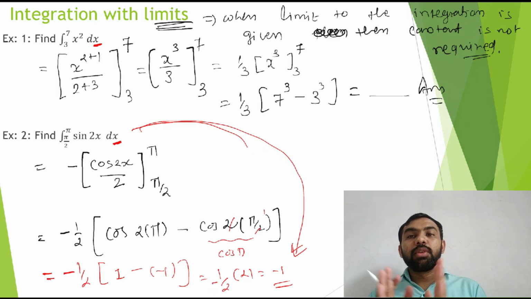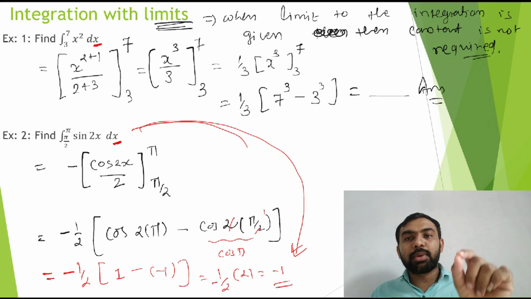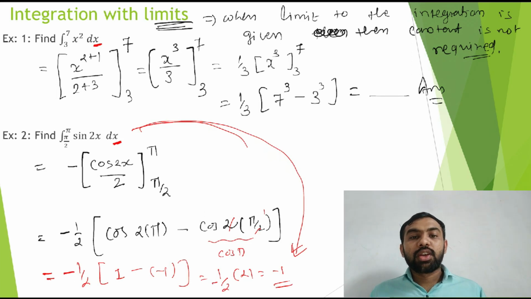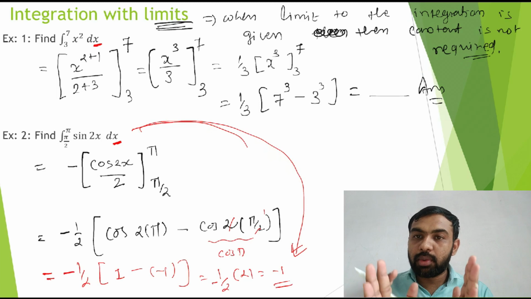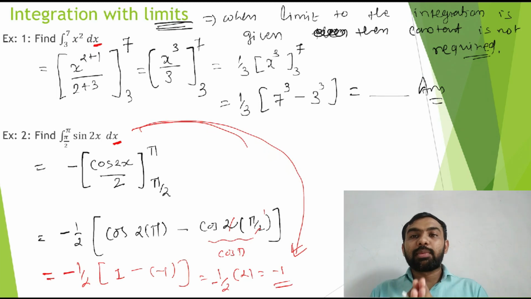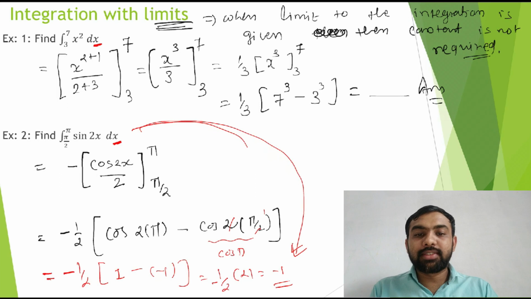What you must remember: upper limit minus lower limit, and the limit has to be put in place of x only, not in place of the whole term; the rest of the terms stay as they are. In place of x put the limit, then subtract, okay. So you just solve this type of problem by yourself. See, this type of example you only understand if you solve by yourself, otherwise not. Okay, then after this we will go to the next one. Okay, let's see the next one.